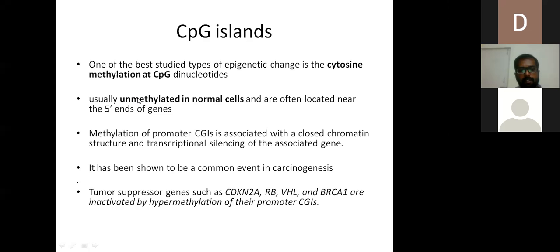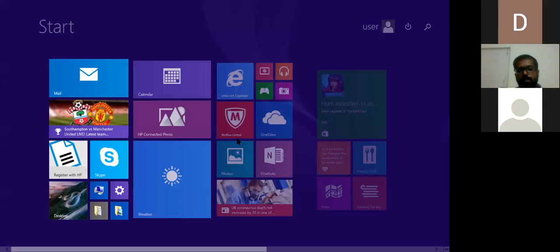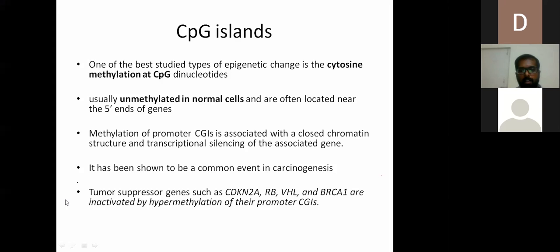Mutations of the genes. Okay, so if there is going to be a methylation process which is going to occur in promoter CGIs, it is associated with closed chromatin structure and transcriptional silencing of the associated gene. So it has been shown to be a common